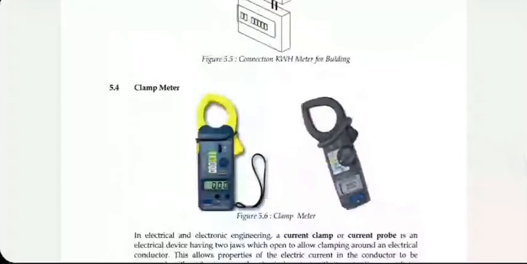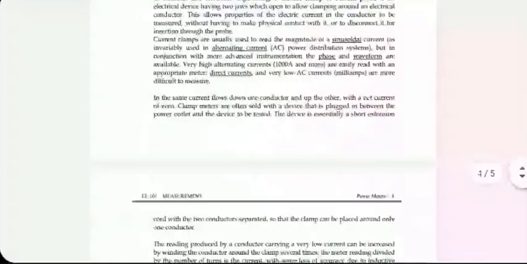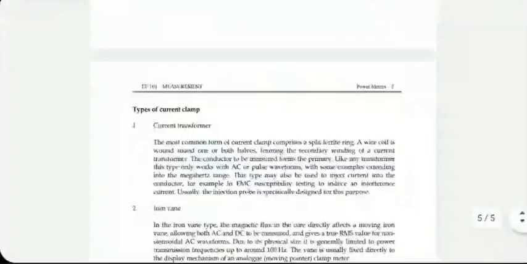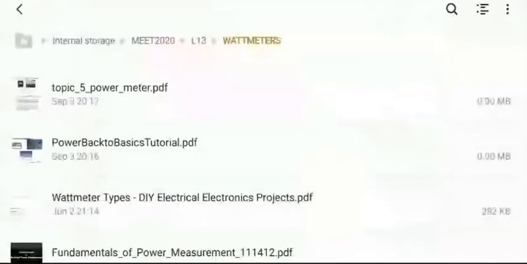Instead of wires, we can have clamps coming out, which are very useful for industry. You simply clamp the meter across the two terminals where you want to measure energy, and then take the clamps off. No need to make permanent connections. Current measurement we have already seen, so I'm not going to spend too much time on it, but current measurement obviously is simpler than voltage or power measurement.